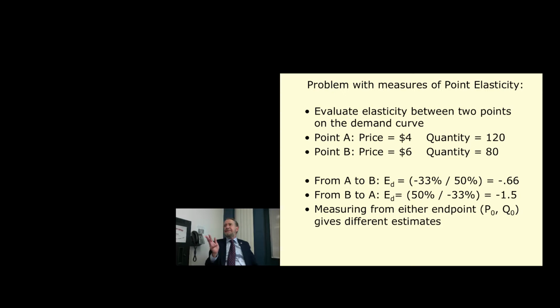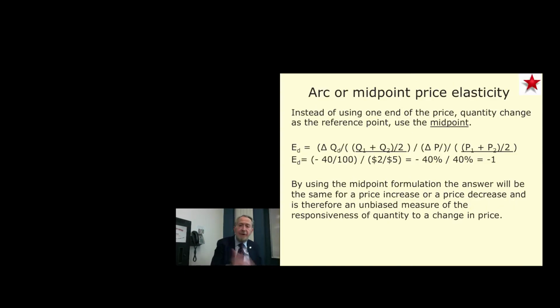Notice that it is negative, and it's negative because demand is downward sloping. The price elasticity of demand is always negative. You with me? A price increase leads to a decrease in quantity, so the sign of the ratio would be negative. A decrease in price would lead to an increase in quantity. So again, the sign of the relationship would be negative. Good. So it's always negative because it's downward sloping. It's an inverse relationship. So instead of using the endpoint, we use the midpoint as the reference point in the